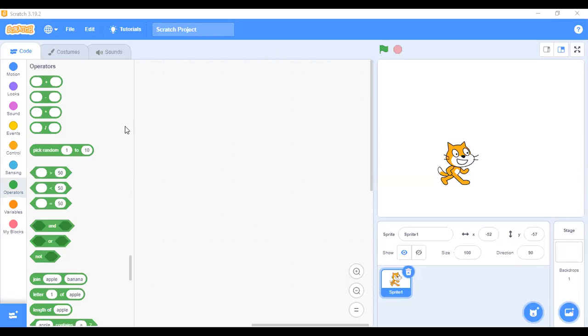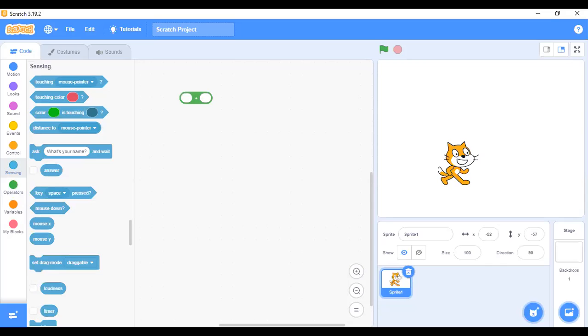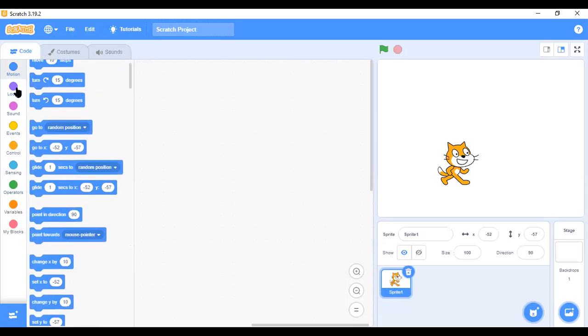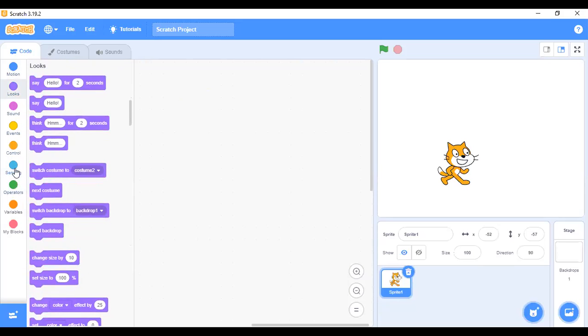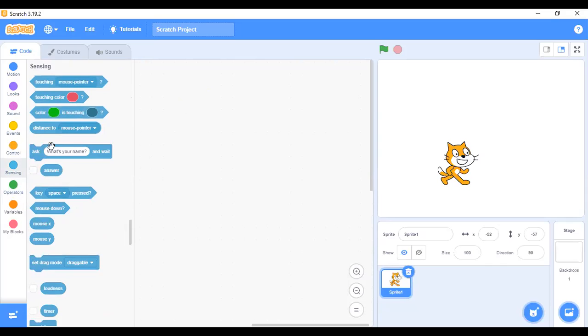Now to the operators, as I've showed you during the game too, I quickly used the sensing, not the sensors. Now let me explain the sensing again. The way you have used the motion, the looks, sound, event, and control code is the same way you're also going to use all these ones too, but you must understand the way you're going to use them.